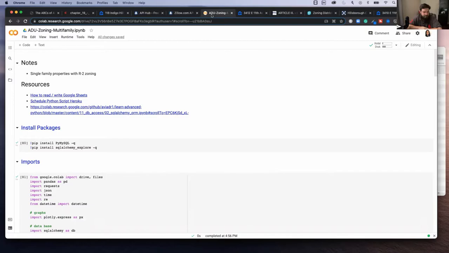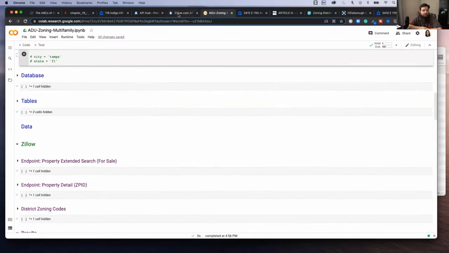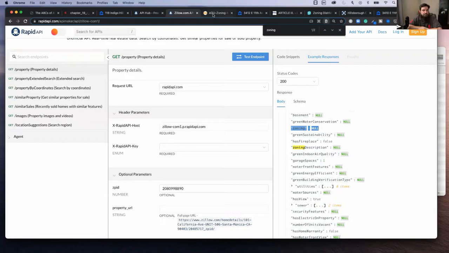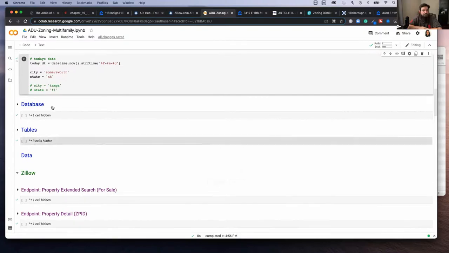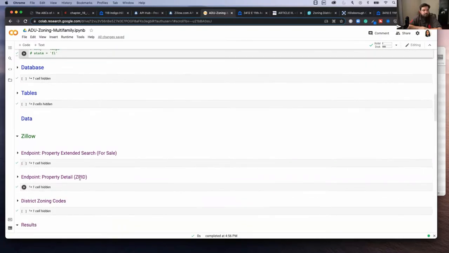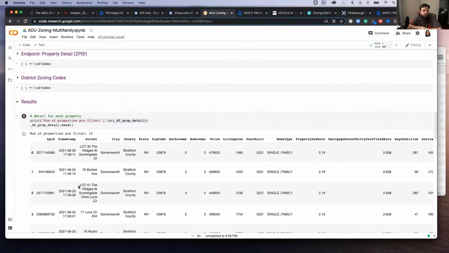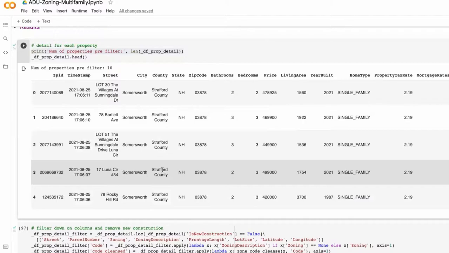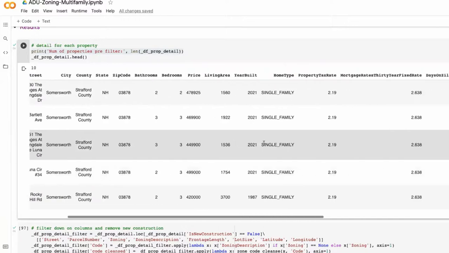So now, transitioning over into actually getting this data, I'm going to skip through the code piece, but essentially I already have a previous video of how to get data from this API. So I was getting all the properties that are for sale in Somersworth, starting with that one, and then gathering all the detail that we can get from it. There you go. It takes about 20 seconds to run, and I get a list of properties. In this case, there's not that many for sale here, about 10, but we're able to get context,